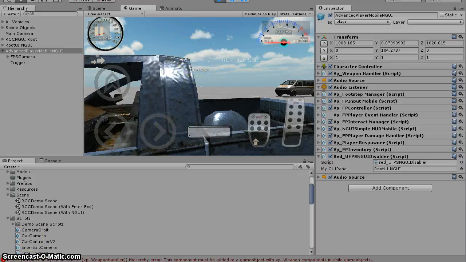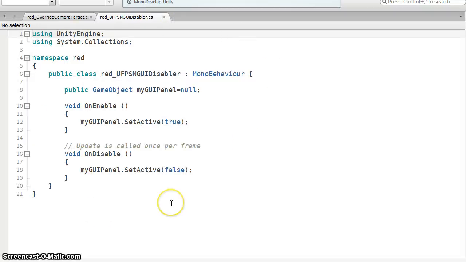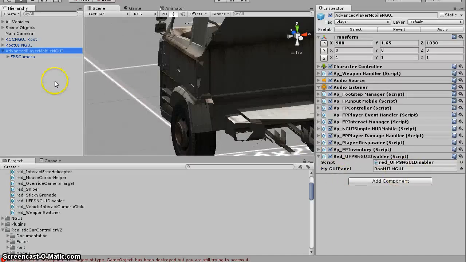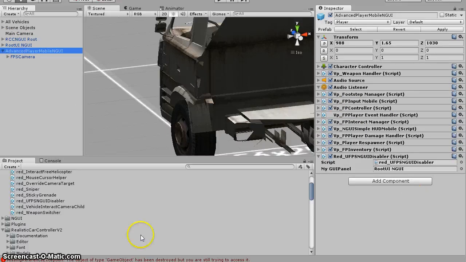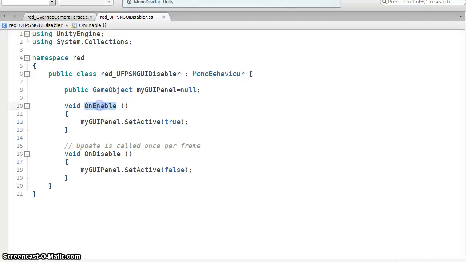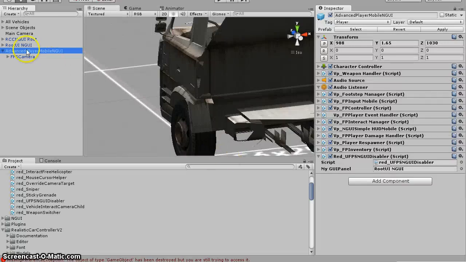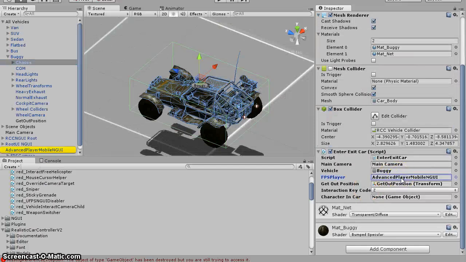I also added this script to my player right here, so that it basically turns off my UFPS in GUI whenever the player's disabled. So it's pretty straightforward. Just an extremely basic script. So this way, if you're in the car, your player GUI turns off. If you're out of the car, your player GUI turns on. All the other settings are pretty much the same. You just want to make sure that you're referencing the right